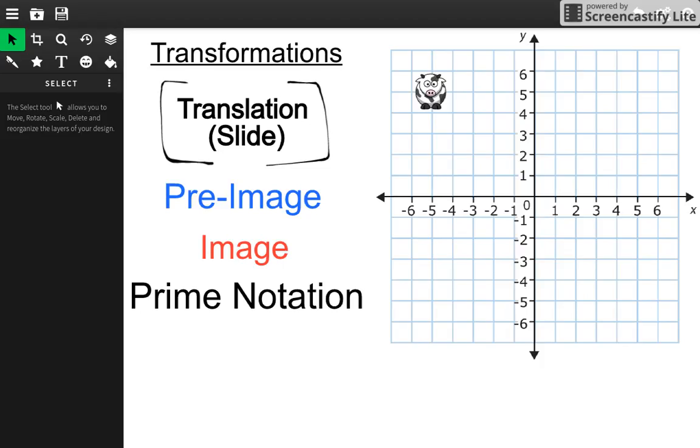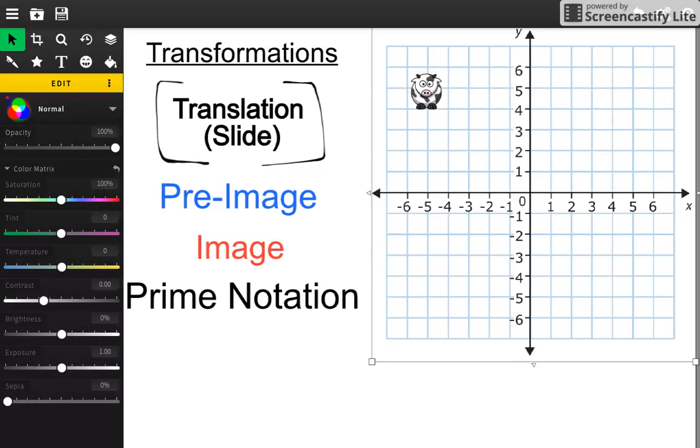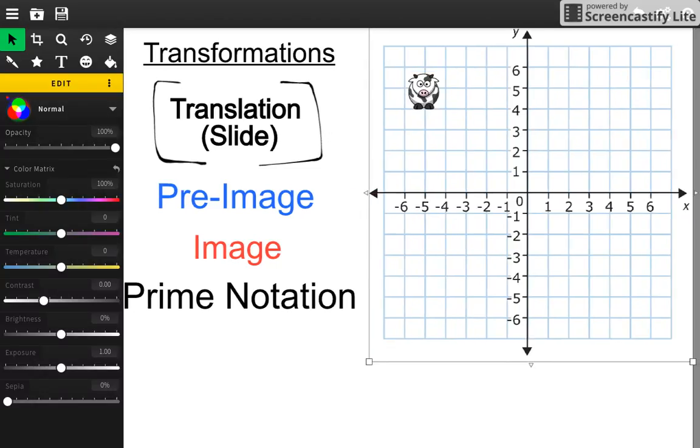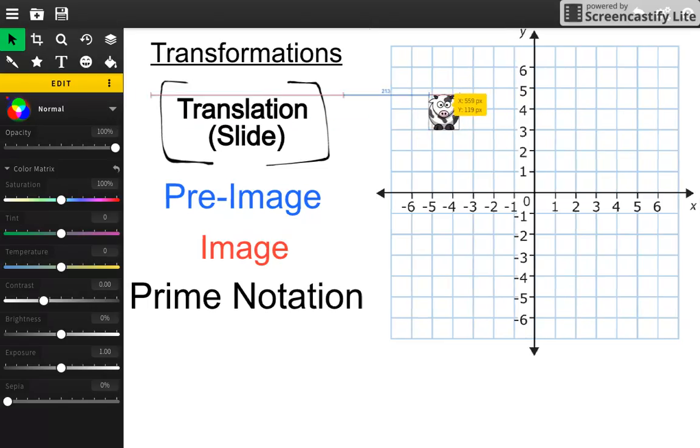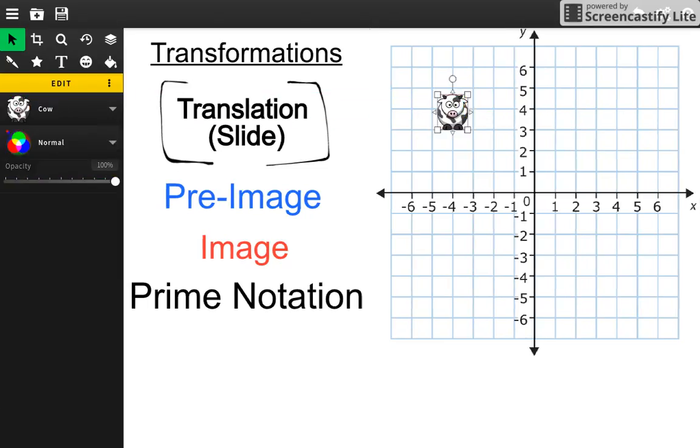If the cow's at -5, +5, and we took the cow and we moved it to -4, +4, and we took a picture, and we moved it to -3, +3, and took a picture,